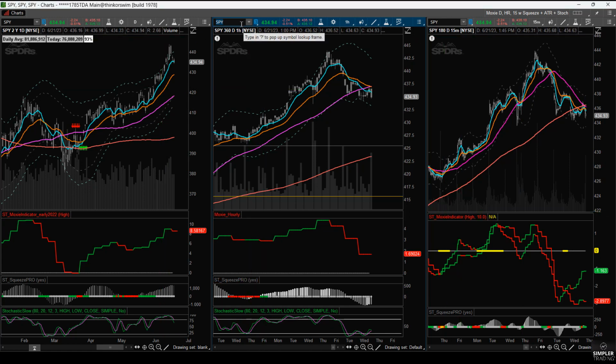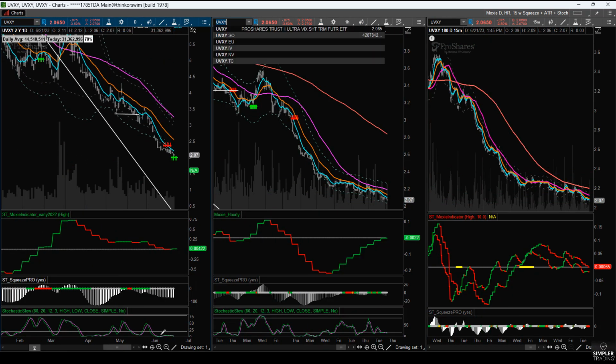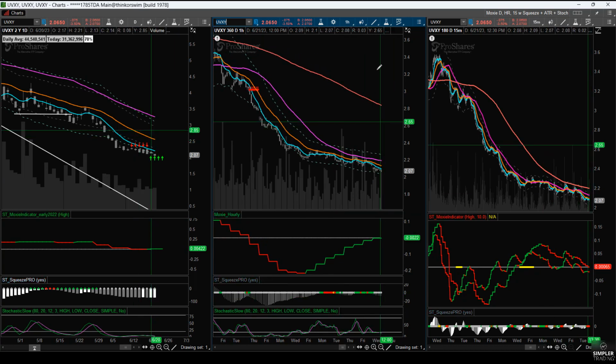And interestingly, the UVXY just doesn't care. It absolutely does not care. I am surprised by this. I haven't done anything about it. I just like watching this. The UVXY has been a little bit tricky to trade over the last few months, so I'm mostly just looking at this as a gauge. But normally, the UVXY should be moving up a little bit